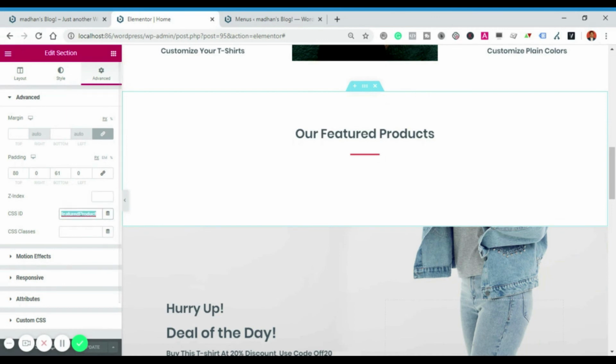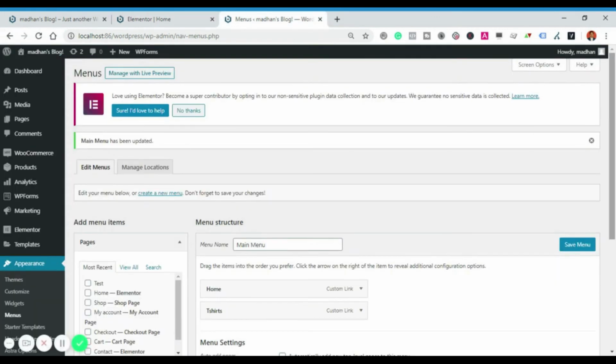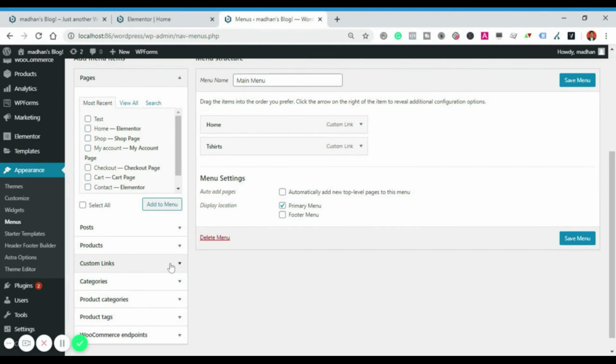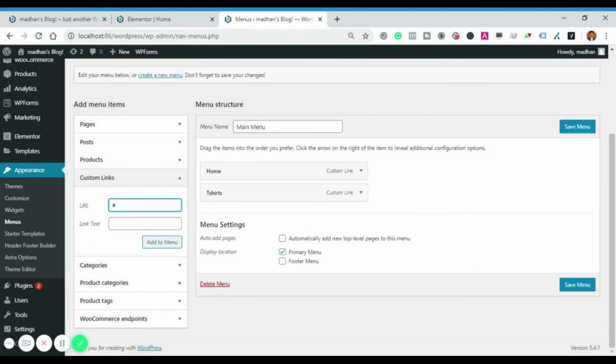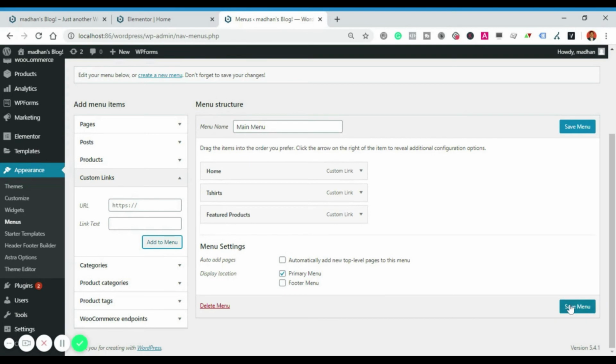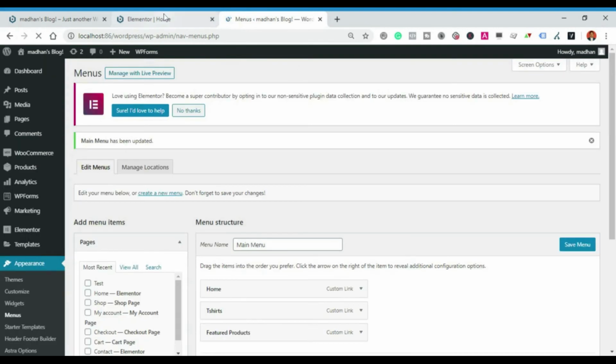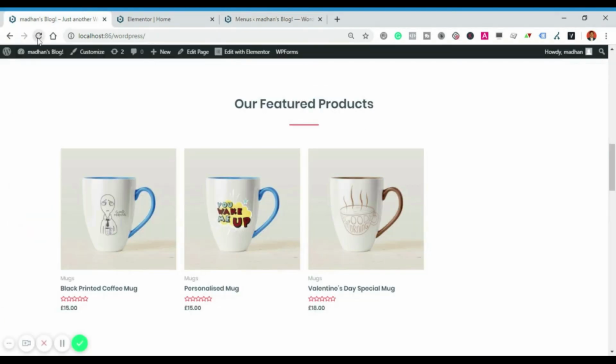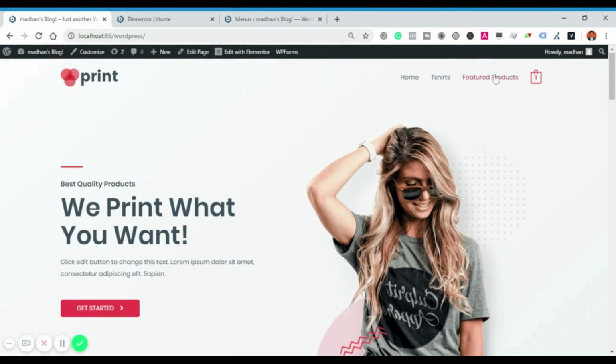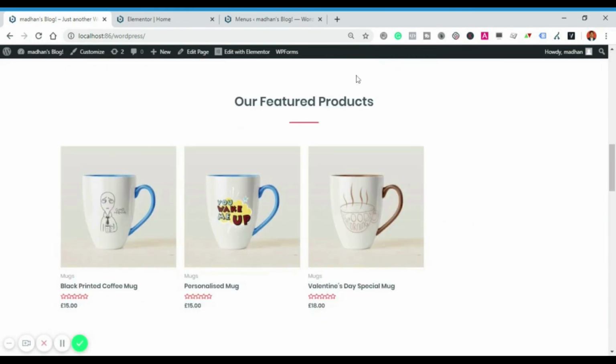Let's copy this, go here, hash, back to menu, save, refresh, go to the top, click on this. So this is the process.